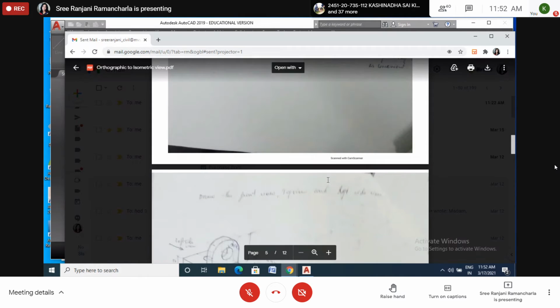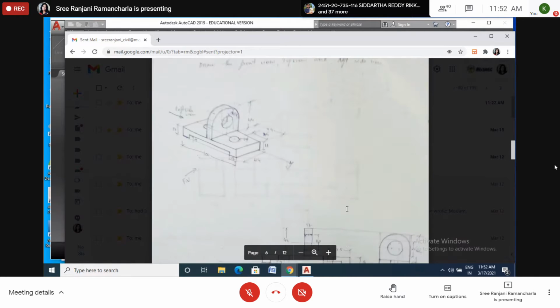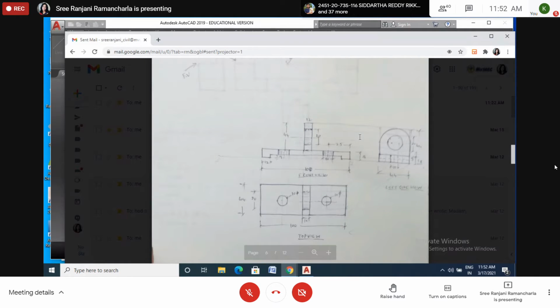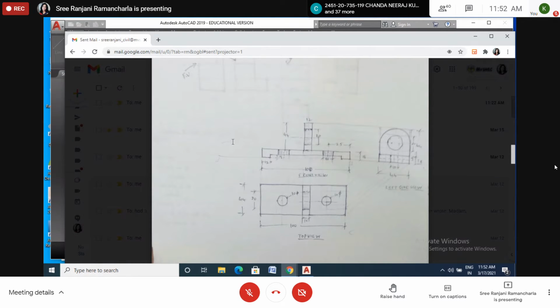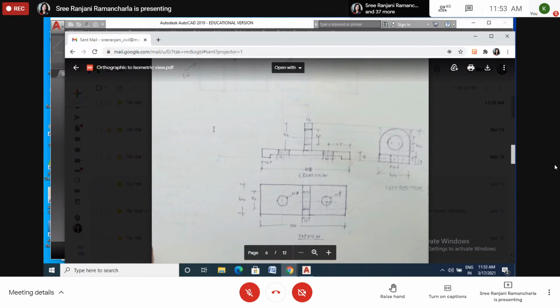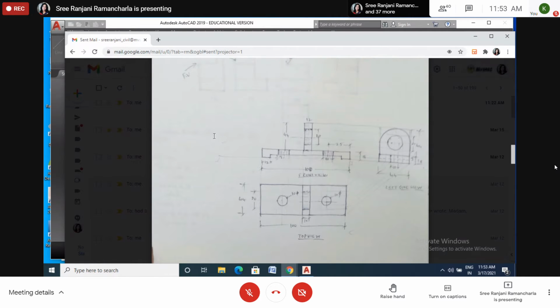Now what is the next view? Next view is right side view. So this is right side view. So right side view means you have to draw the left side. You have to draw the right, left side. Here I have drawn the right, left side view. So if you stand from the left here, then it will be the right side. Please try to understand this view. Left side view means if you stay here, then you have to draw this side. This is the left side view.